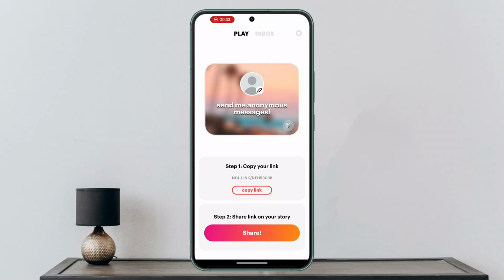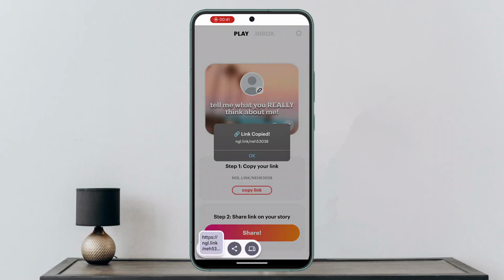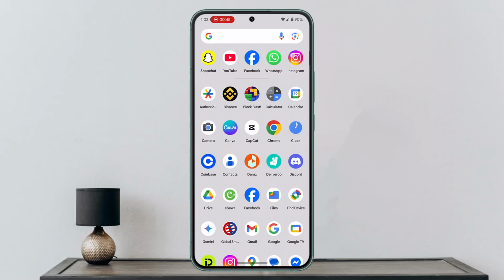Now here what you could do is tap on a dice and dice it out as well. And once you've found the particular code, then you could click on copy link. After you've copied the link to your clipboard, you want to exit out of this page and open up your